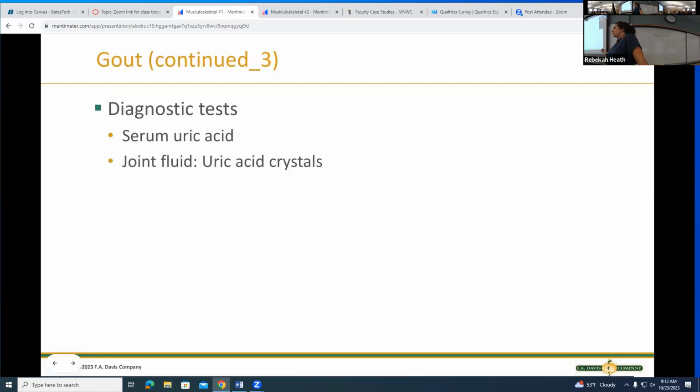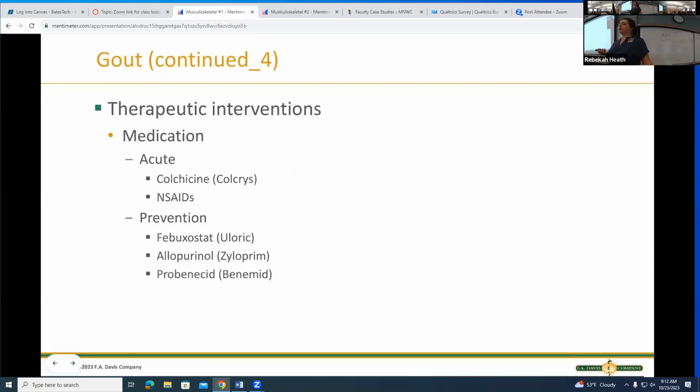How do we diagnose it? Well, we're gonna look at their uric acid, right? Because if they can't metabolize this, it's gonna be a higher amount in their blood. So that's gonna be a pretty good indicator. And then sometimes they'll aspirate the joint fluid and test that for the uric acid as well. They're gonna usually have some medicines. Colchicine is one that helps to decrease the uric acid, and it helps with just acute inflammation. So if they're having an exacerbation, a really bad attack, they might take that, as well as NSAIDs,